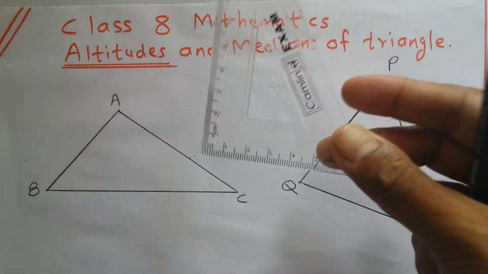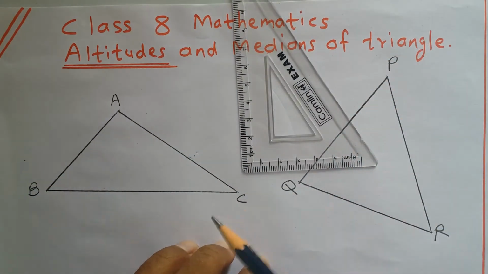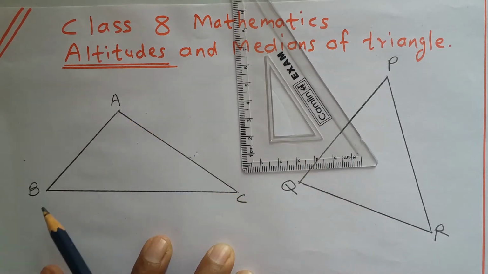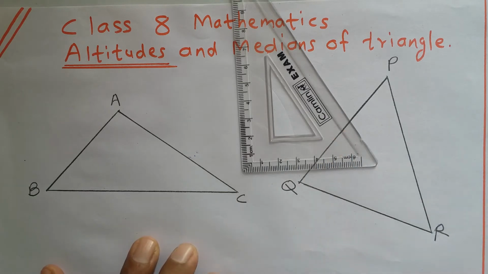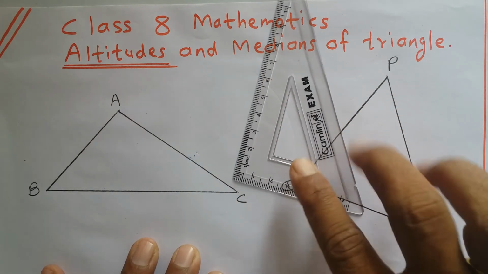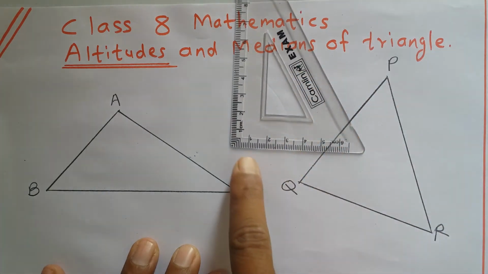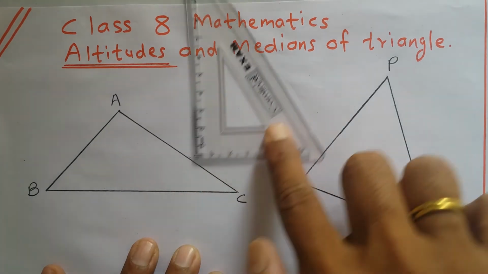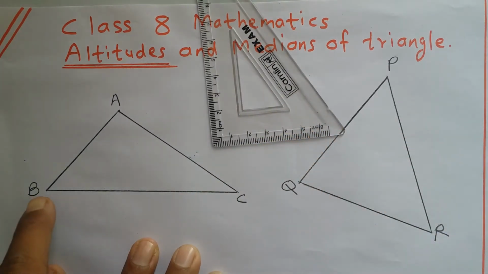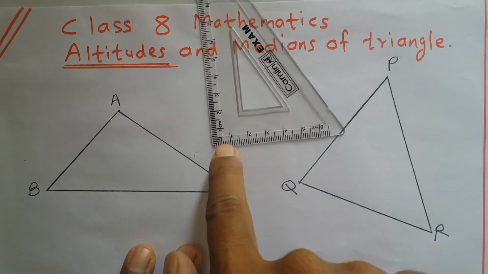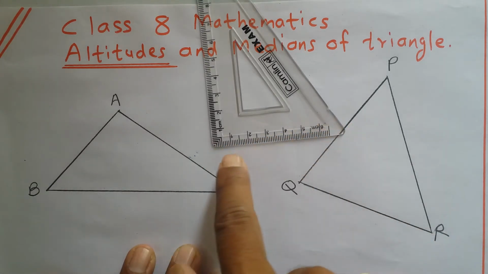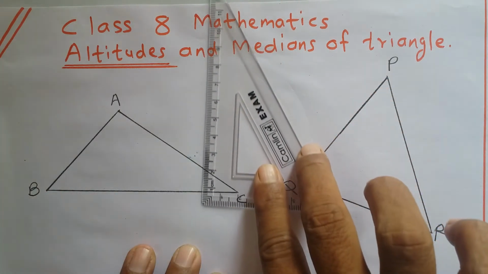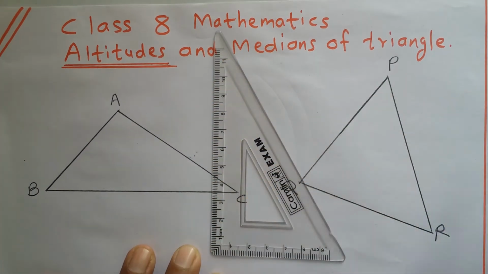Now see, here this is our set square. This angle is 90 degree. We want to draw a perpendicular from A on this side BC. So what shall we do now? See, this is important step. This side of this set square, we will slide, म्हणजे सरकवणे. We will slide this side of set square on side BC, and we will match, match means coincide, this side on side BC,